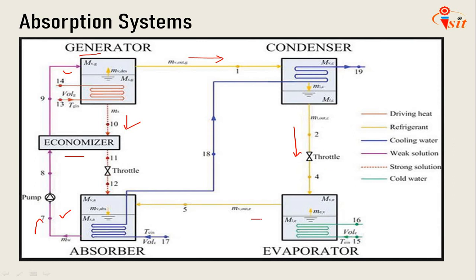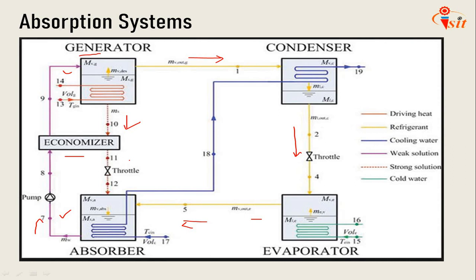In the evaporator, the refrigerant is vaporized at very low pressure to produce the cooling power by extracting heat from the low temperature medium. The coolant vapor flows to the absorber. Now in the absorber, the refrigerant vapor is absorbed by the poor solution, which flows back from the generator passing through the economizer and the throttle. Then the heat of absorption and mixing is rejected by the cooling water stream supplied from the cooling tower. After that, the cycle of the solution repeats again. So like that the absorption system works.